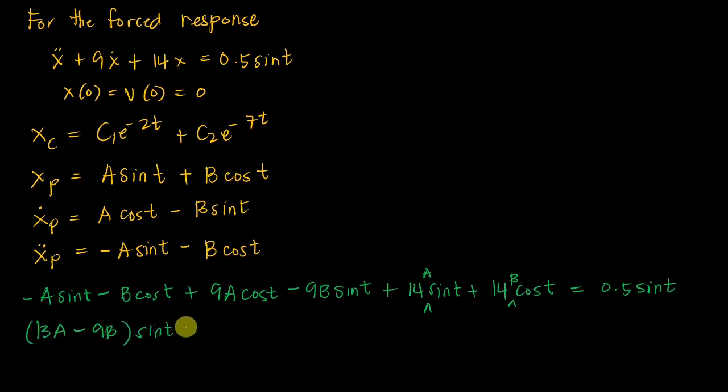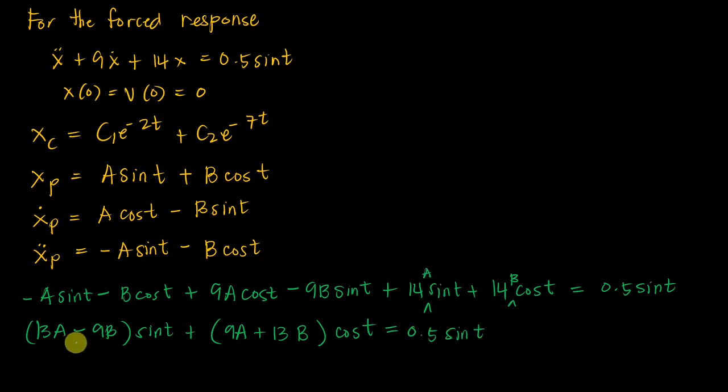Ano naman yung mga terms na may cosine? Negative b, 9a, 14b. Okay. So here, ang makukuha natin is plus 9a. Then 14 minus 1 is 13, plus 13b. Then multiplied by cosine t. Now, I'll just copy this equals 0.5